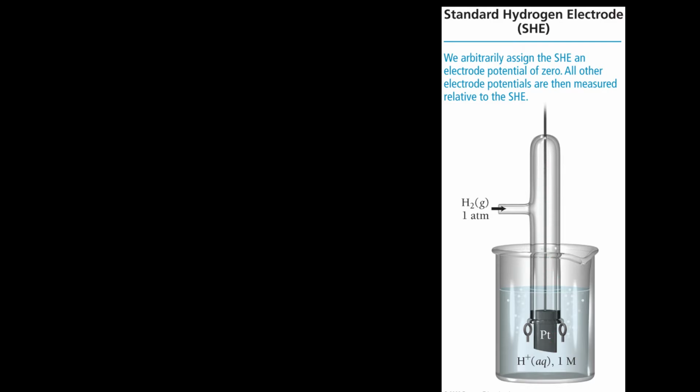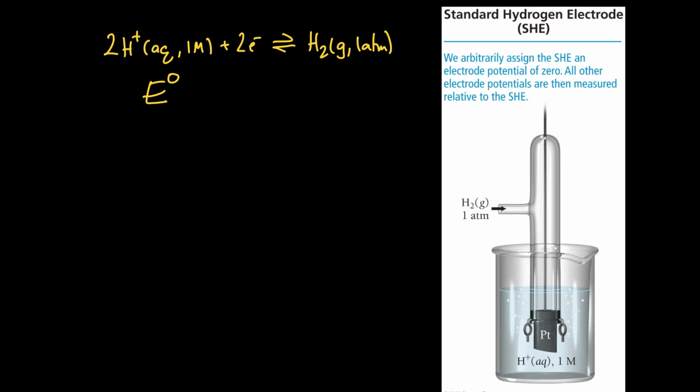So we can write it as a reduction reaction. Reduction is gain. So the hydrogen ions at a concentration of 1 mole per liter can gain electrons and form hydrogen gas. And again, standard conditions, it would be 1 atmosphere. And we assign E standard for this reaction, H plus H2. The convention is to write the left-hand side and the right-hand side in order, the thing that gets reduced and the thing that is oxidized, like so. And we just assign that a voltage of 0. So now if we build a cell like this,